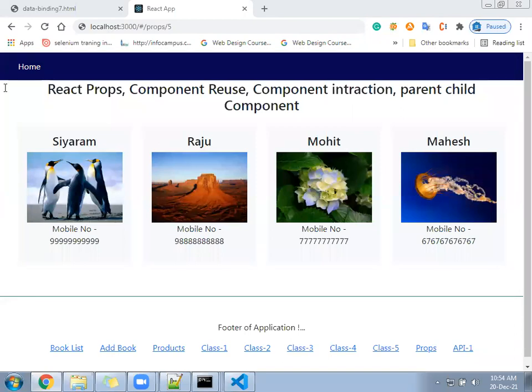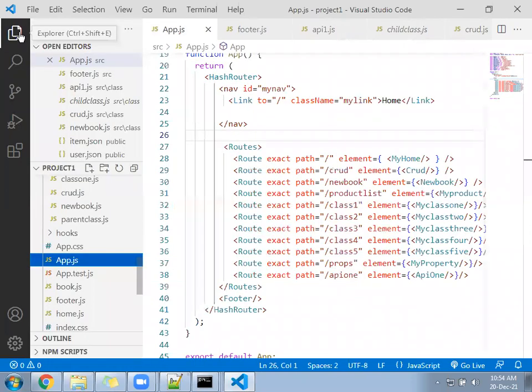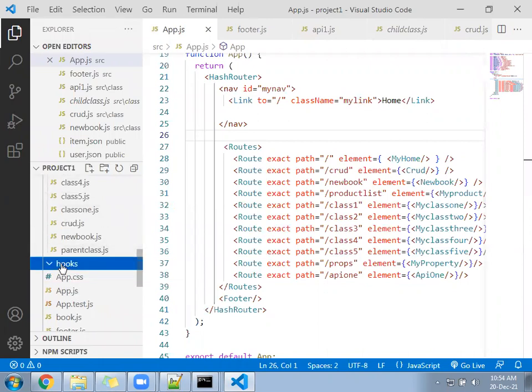Next, we have a folder already that we created for hooks. You have the hooks folder in src. Under the hooks folder, create a file called hook1.js.